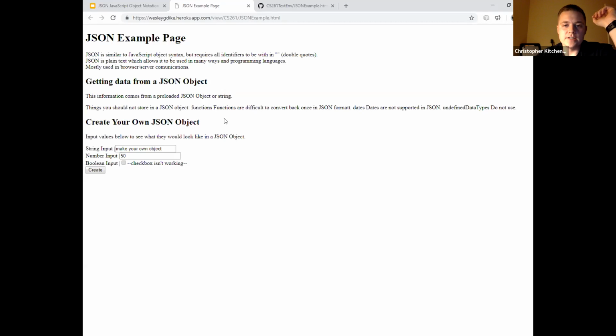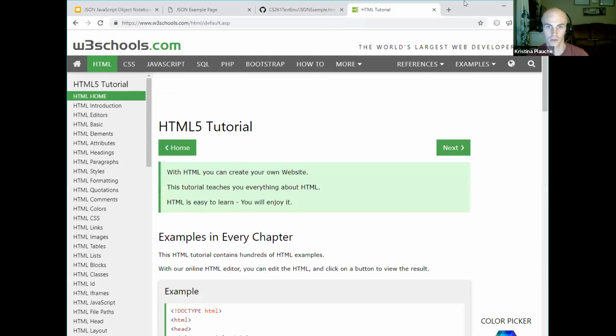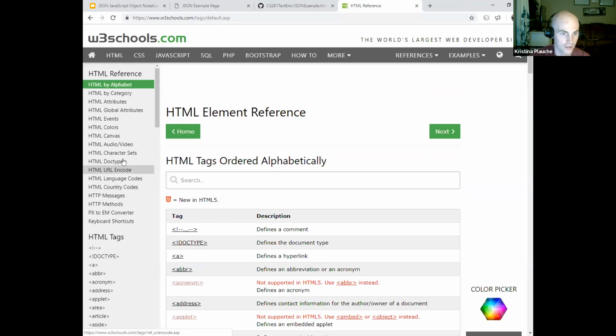I'm using GitHub Pages. I haven't used GitHub Pages, but normally, if you wanted to link to another page, you would use a link object, which is the HTML tag A. Let me pull up the tag list.